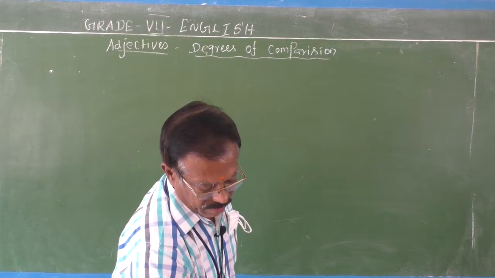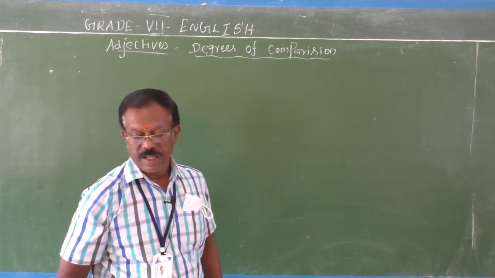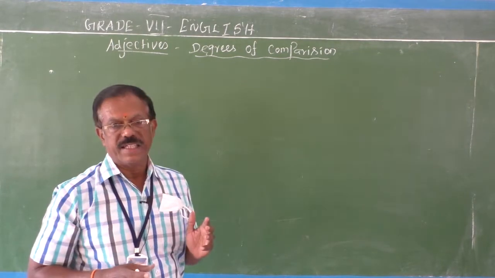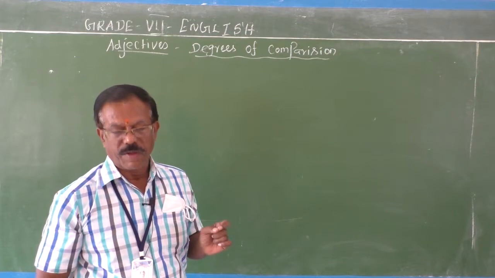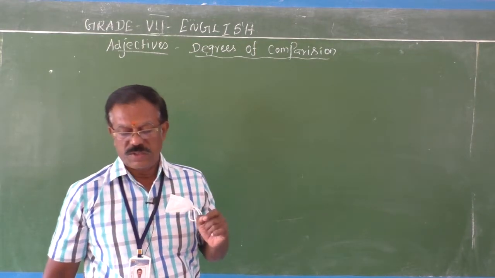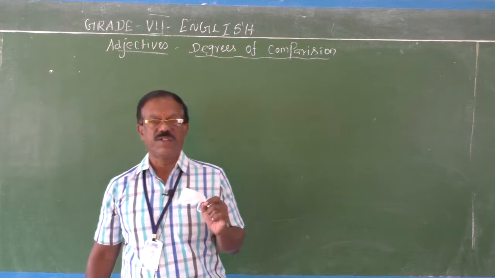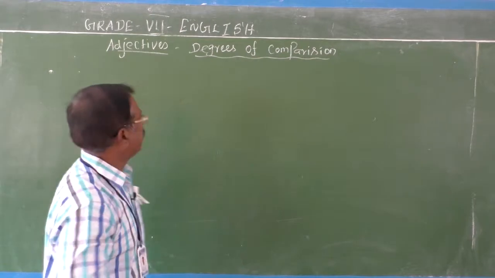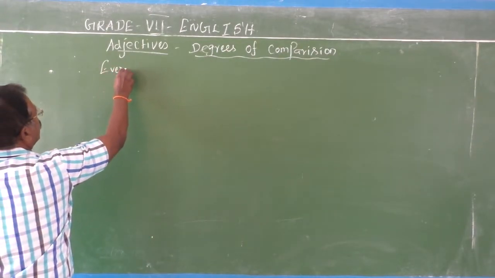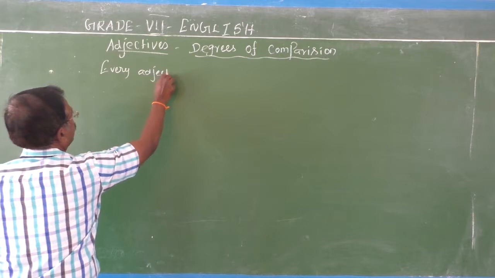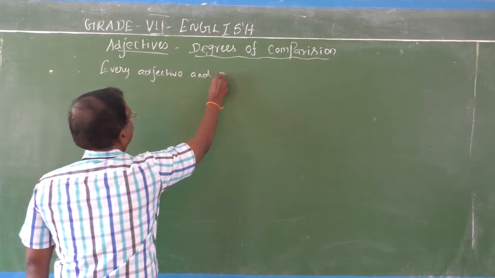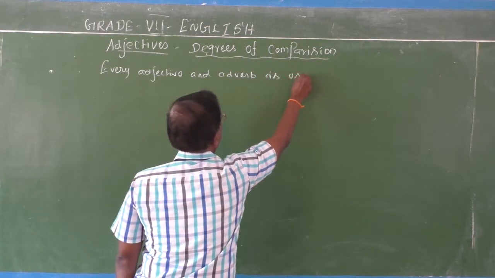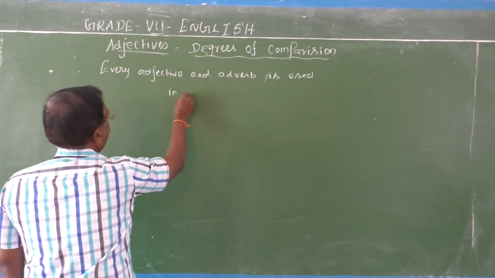Degrees of comparison. What do you mean by degree, how it is to be used, and what are all the kinds of degrees, everything I am going to explain to you one by one with good examples. Every adjective and adverb can be written in one of the following three degrees. Every adjective and adverb is used in degrees